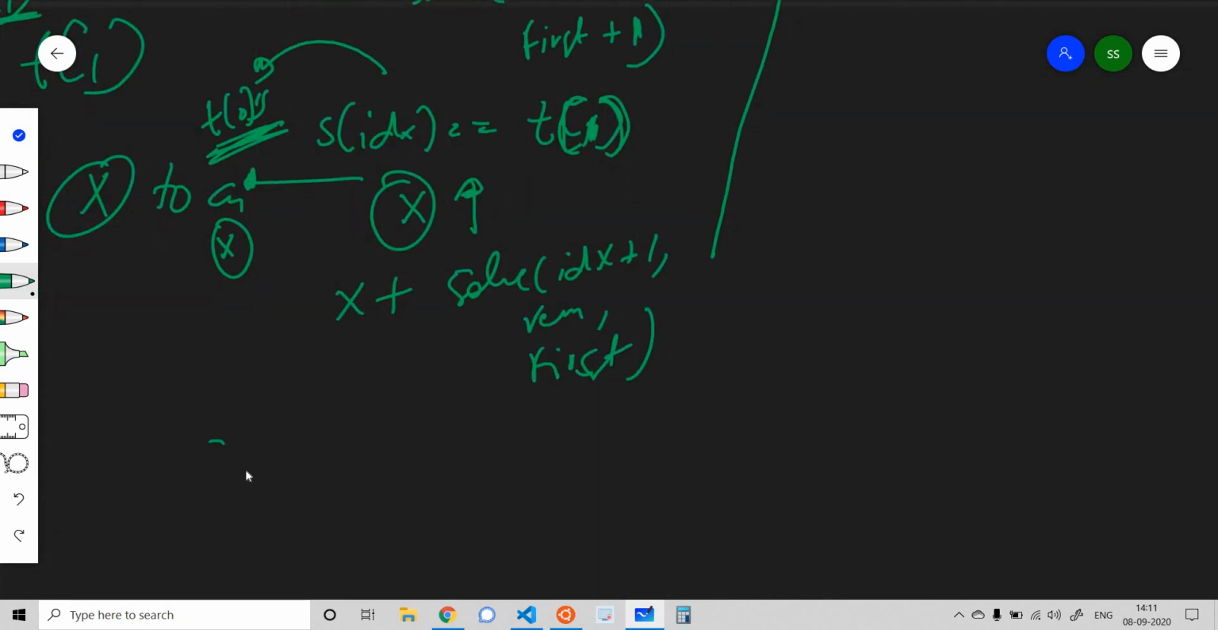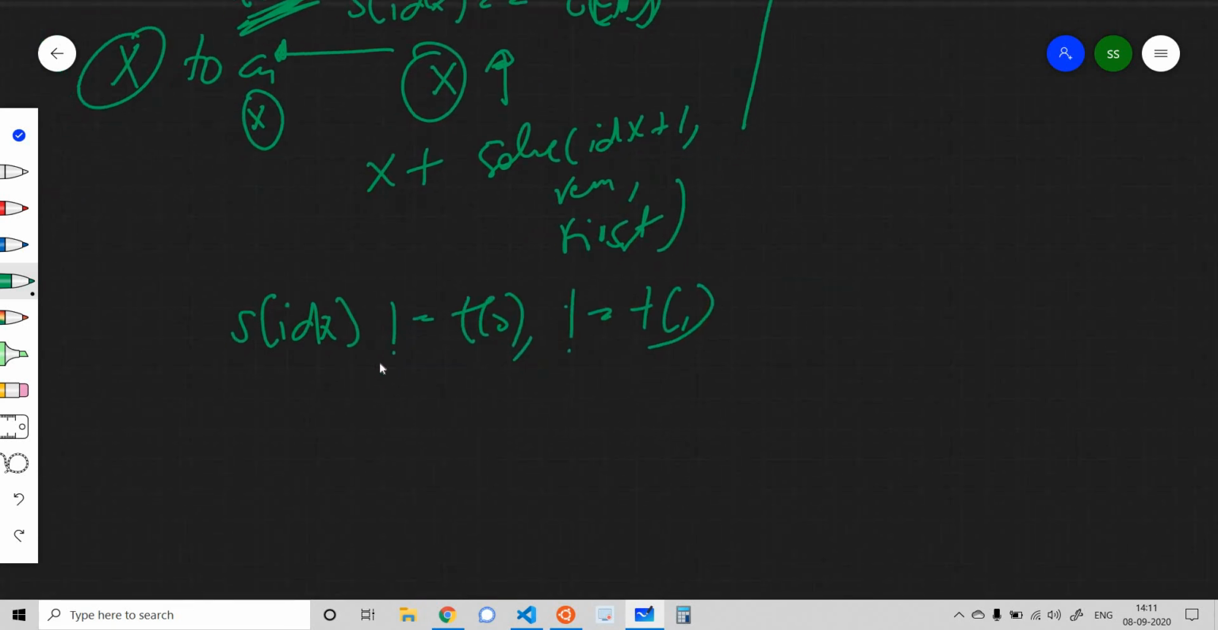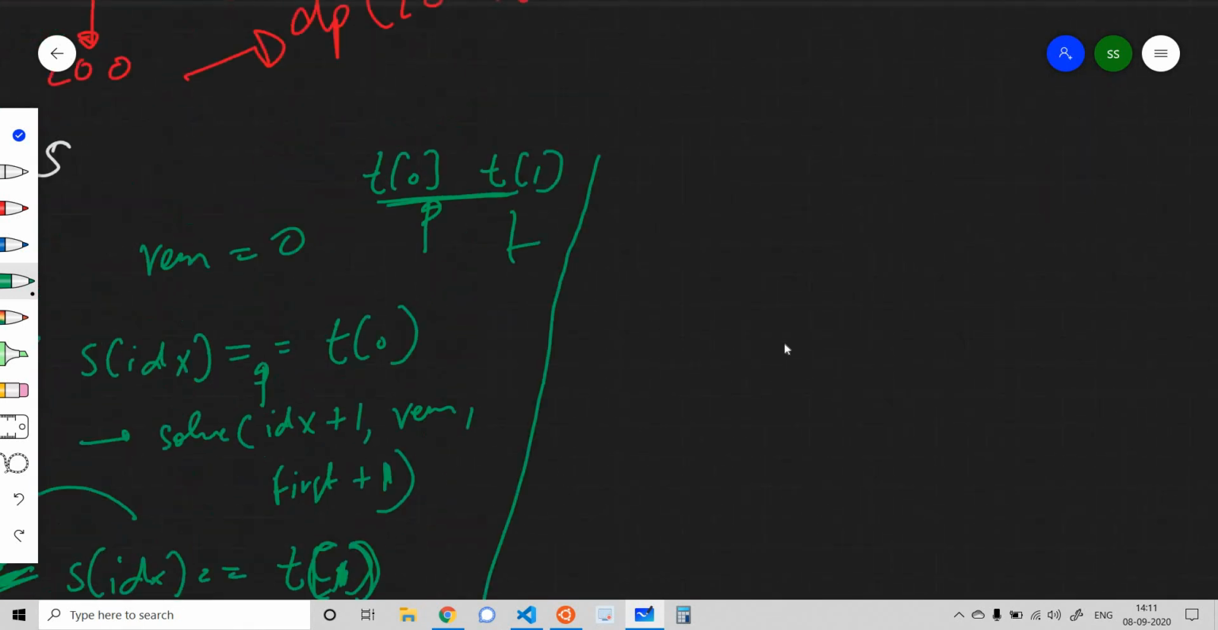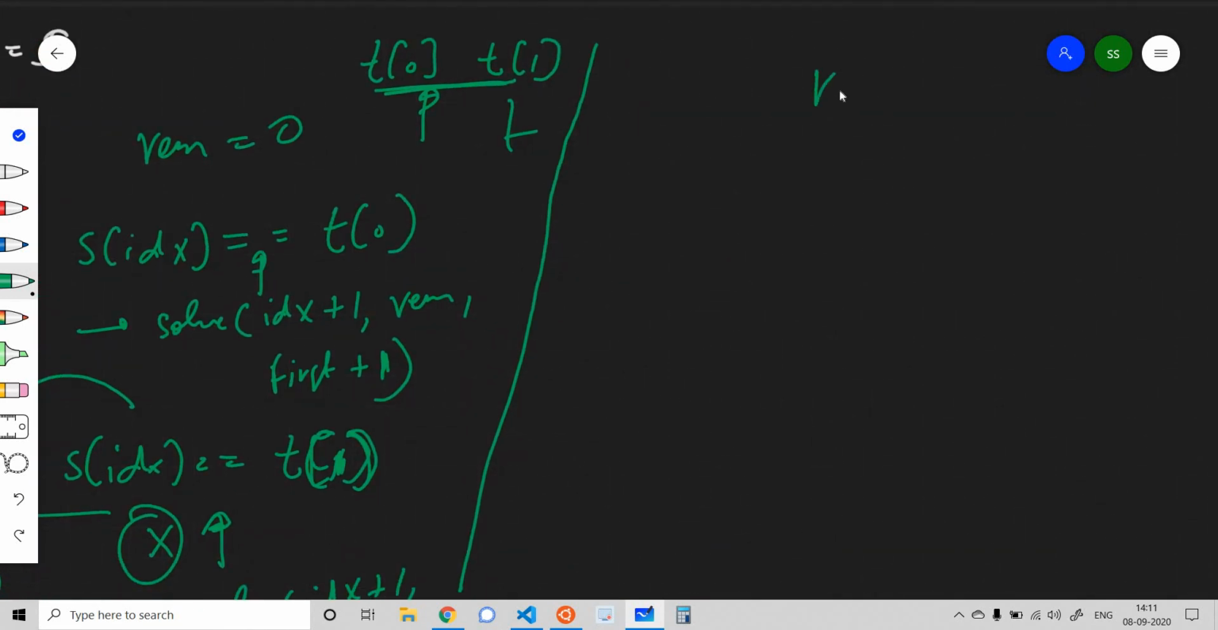And in the other case, when s of idx is not equal to T0 and also not equal to T1, in that case this current index does not really matter to us. It won't be contributing anything to the answer. We simply move ahead with a recursive call: idx plus 1, and the other two parameters also remain the same. Now for the second case, when we have some remaining number of moves,